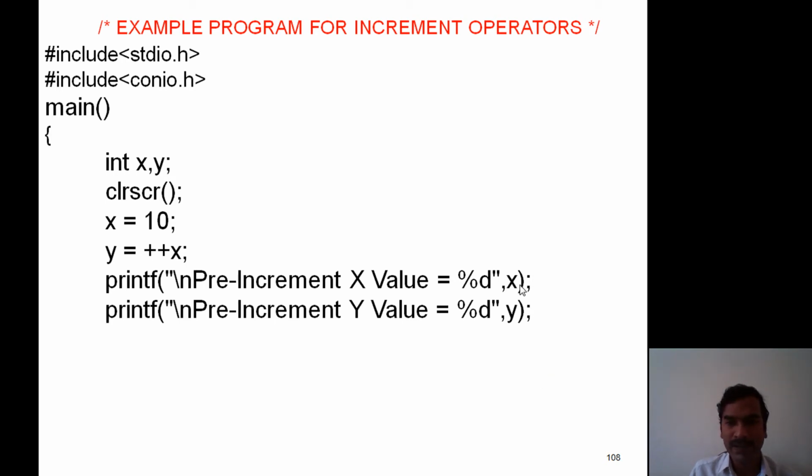Now imagine, what is the result of x and y values at this stage? Now when we execute this expression, this is a pre-increment operation, hence x is incremented by 1, so x reaches 11. Now the value is assigned to y, hence x value is 11 and y value also 11.